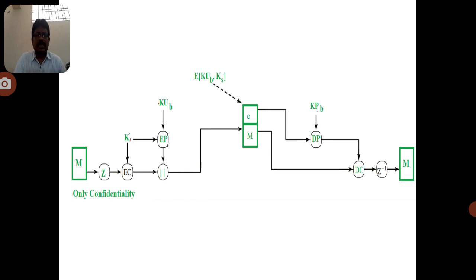One is the message can be compressed, which can provide security, and the message can be encrypted by the public key of the receiver, and again the message can be encrypted by conventional cryptography, that is with the help of the session key. Now in the confidentiality, three messages are generated. The three messages are the secured message. So this is the type of security to provide for email.